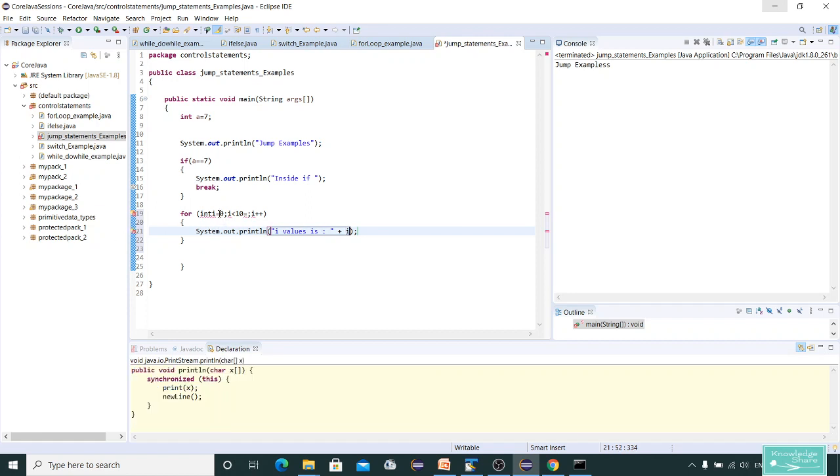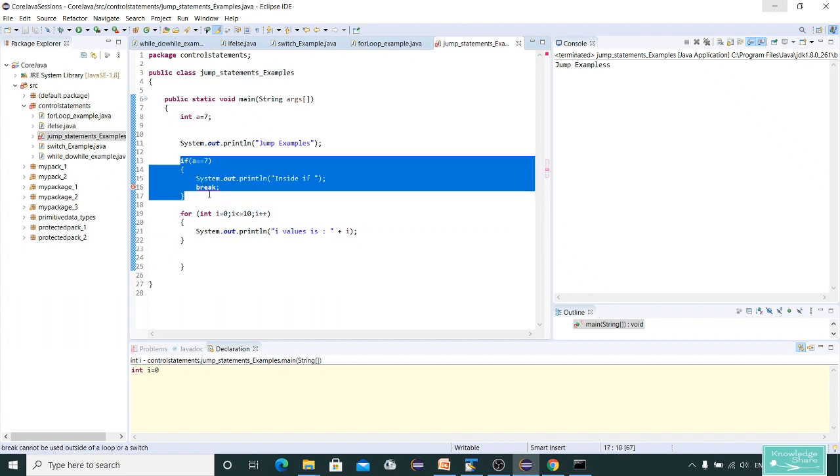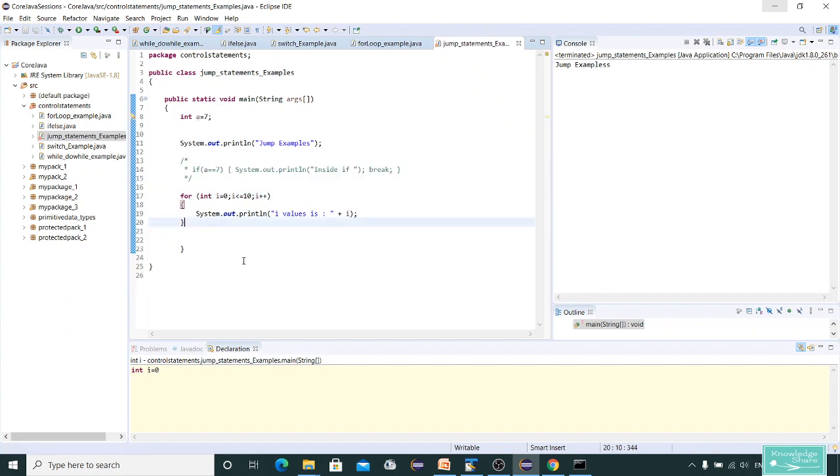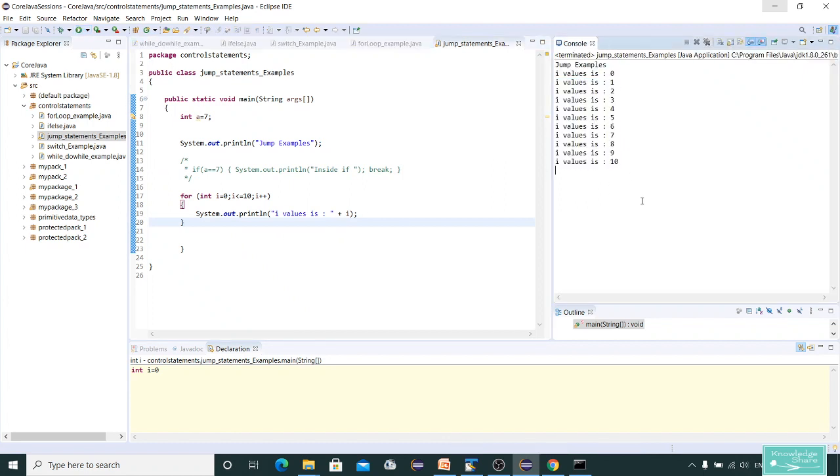What I'm doing is printing the numbers from 0 to 10. Let me comment the earlier code and run this now. See, I have 0, 1, 2, 3 till 9.